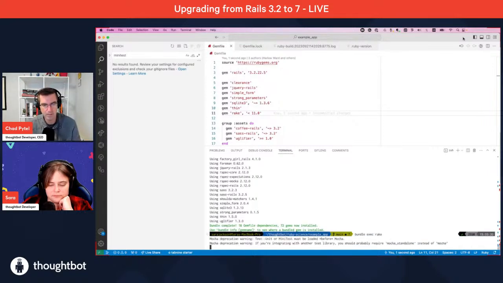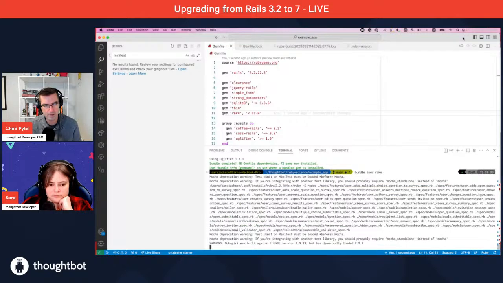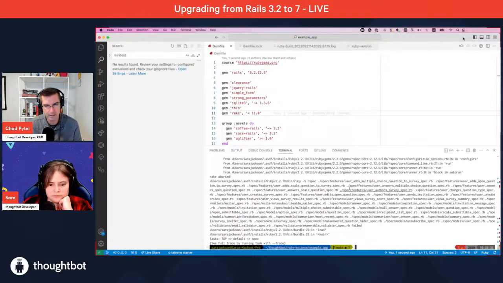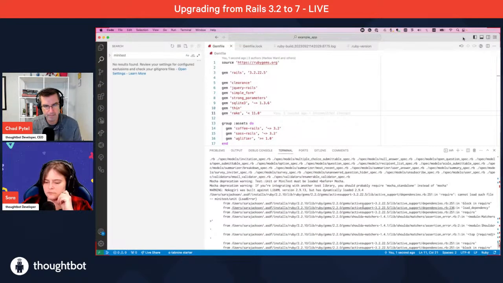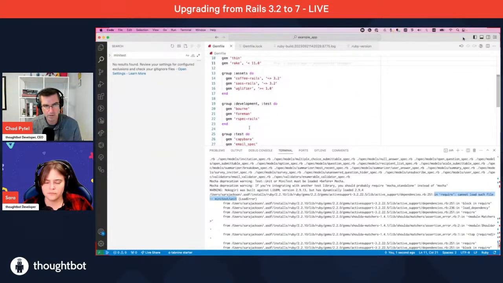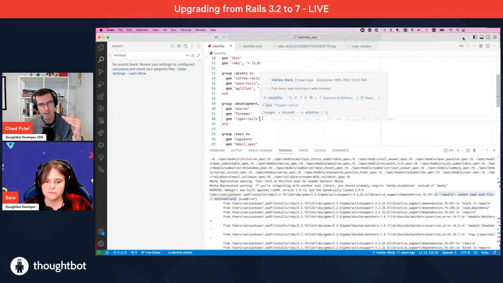What I'm doing is I removed Mocha, I removed minitest from the Gemfile again, because I wanted to just go back to this error and get that and do another, because